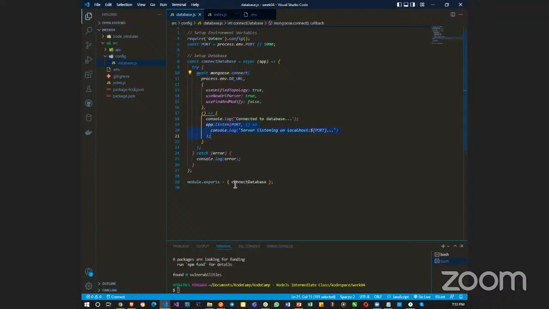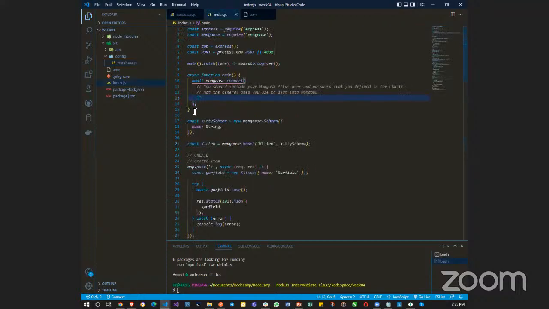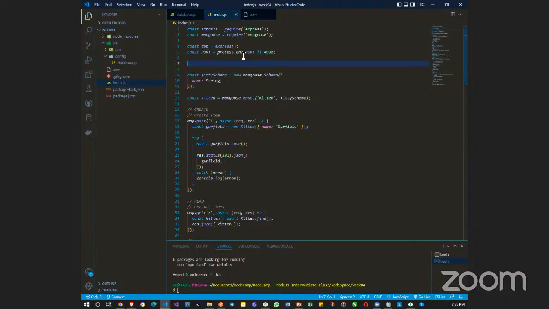So here I'm exporting the connect database. So I should import this instead here. And I'm no longer needing the port here on the outside. So at this point, something should crash. So let's